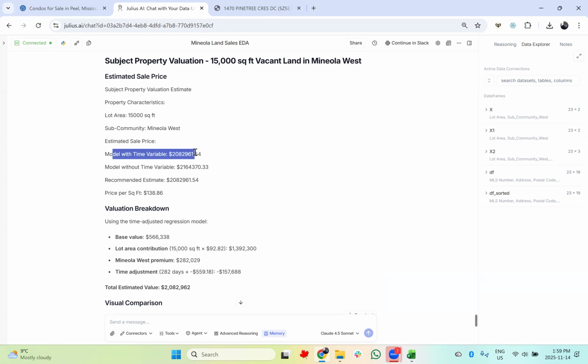Model with time variable, because it remembers. Remember, we have memory enabled. It remembers that we were considering whether we should incorporate a time variable. And we can see that with the time variable, the value is 2,083,000, and the value without the time variable is 2,164,000. So it clearly shows that the recommended estimate, if you are using the most recent sales, or coming up with the most recent value, is a value that gives you